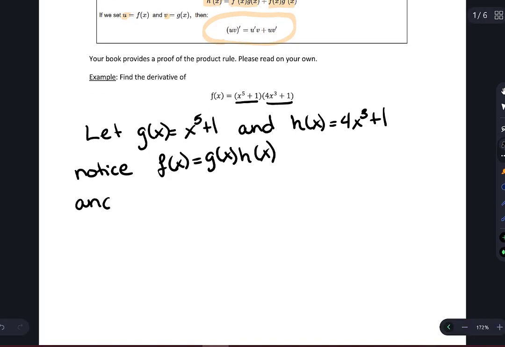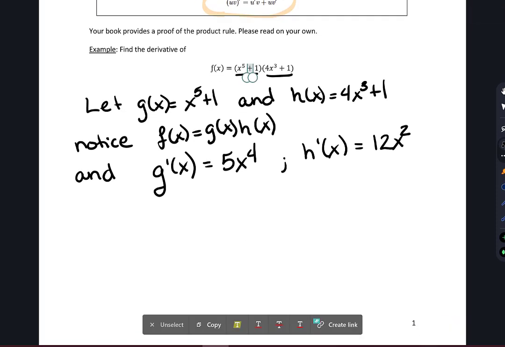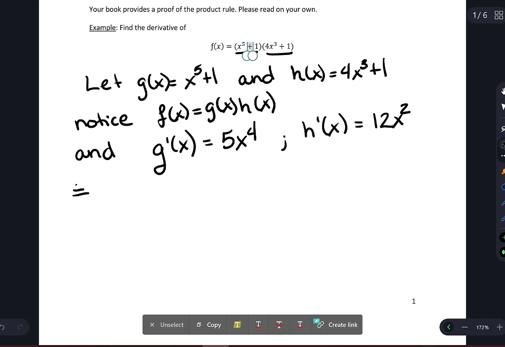So if I want to find g prime of x, that's going to be equal to 5x to the fourth, and h prime of x is going to be equal to 12x squared. And notice this comes from, again, the power rule. I've got x to the third in h of x, so I have 3 times 4 out front, and then we take the power down by 1, and then of course the derivative of 1, since it's a constant, is 0. So therefore, by the product rule,